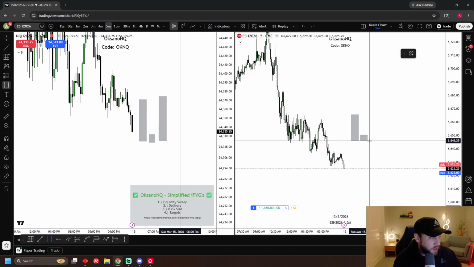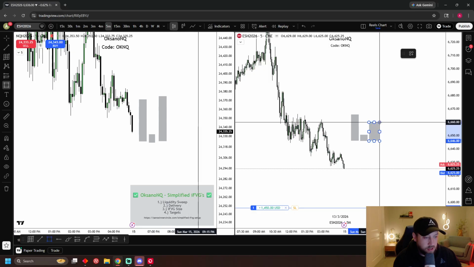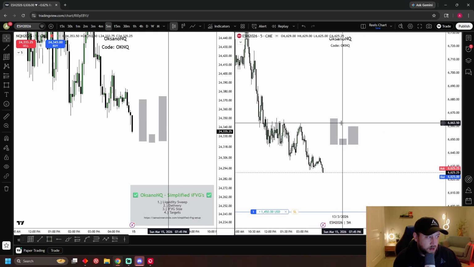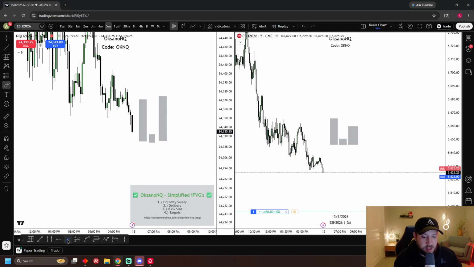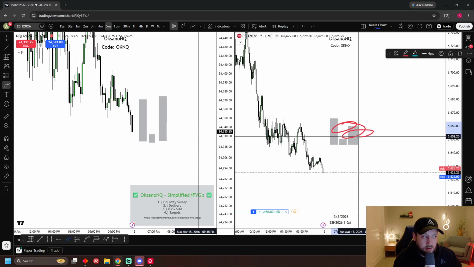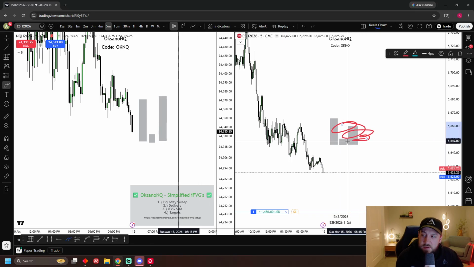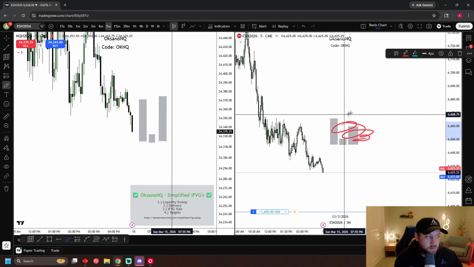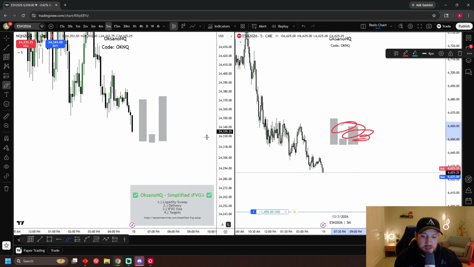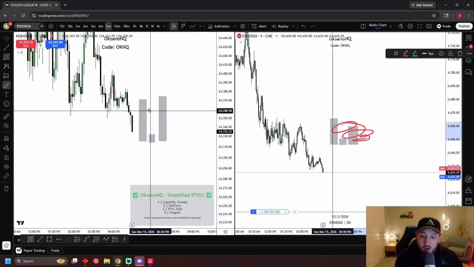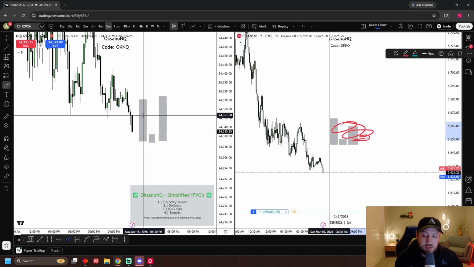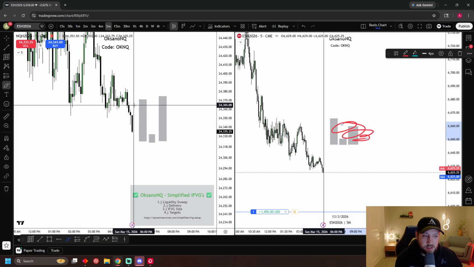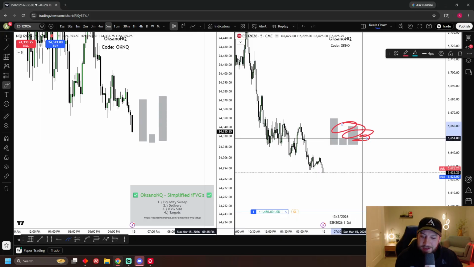What if you hop over to ES, but we aren't getting the inverse? So now we're getting the inverse on NQ, but when you hop over to ES, this gap is still holding. And I have noticed that when I take setups where we don't get the inverse on both indices, it will either fail or it will be so slow. Like it'll take forever to work because you're waiting for ES to get the inverse too.